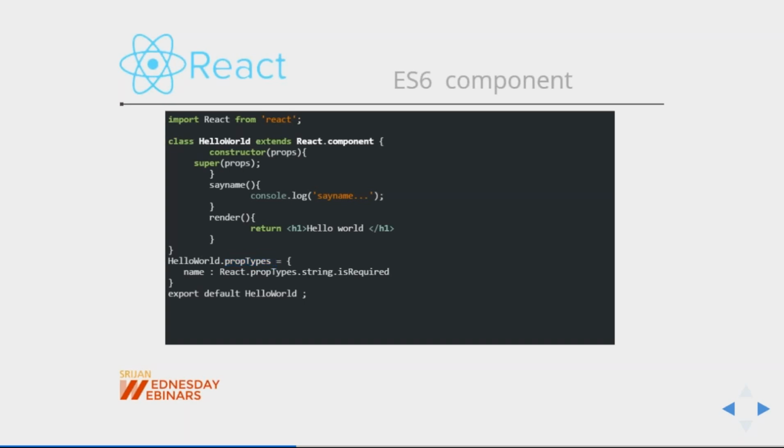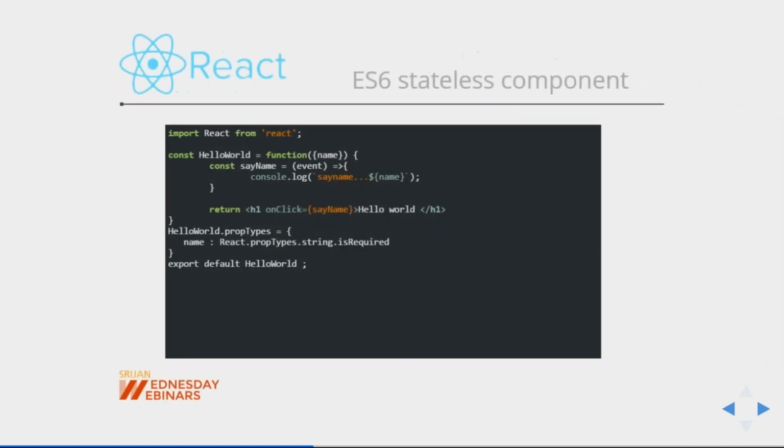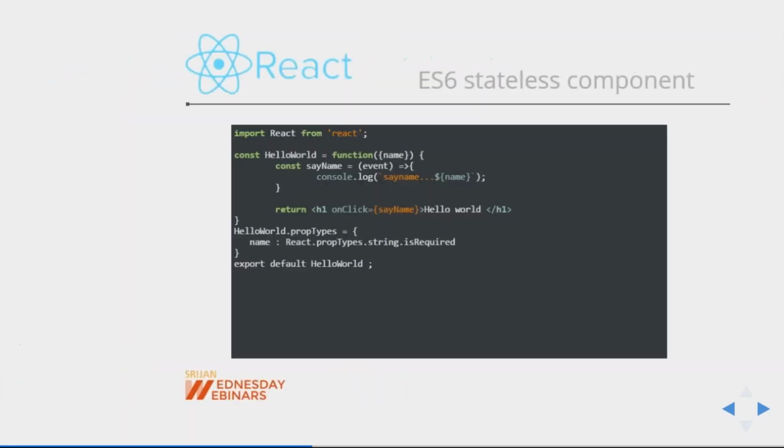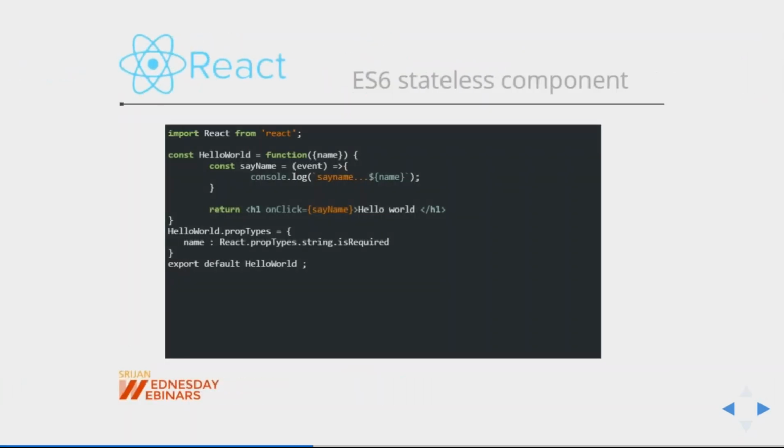Now let's see how we can reduce the number of lines of code if we write the same code using a stateless component, and what the advantages are. In some cases you always have a choice: do I need to write a class for this component, or is it okay if I use a stateless component for it? If a component is not accessing the state and not accessing any reference object, then there is no need to create an ES6 class. You can write the same code in half the number of lines.